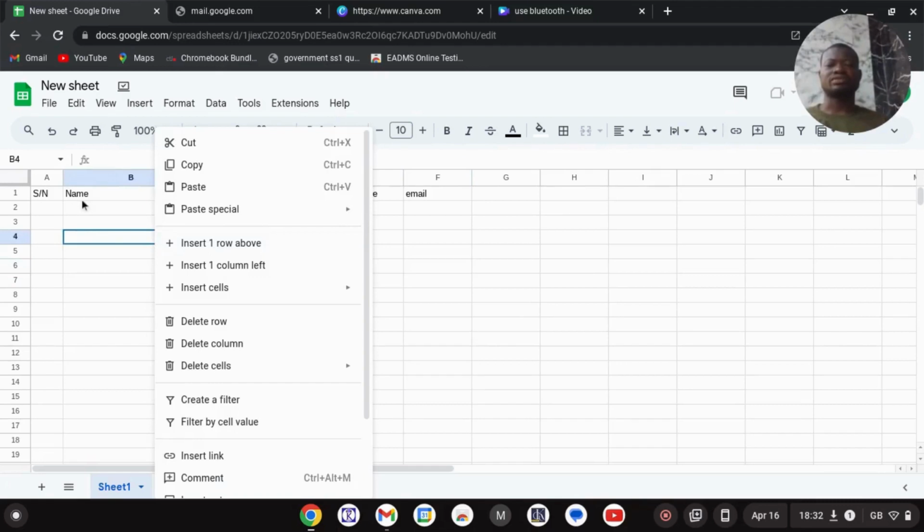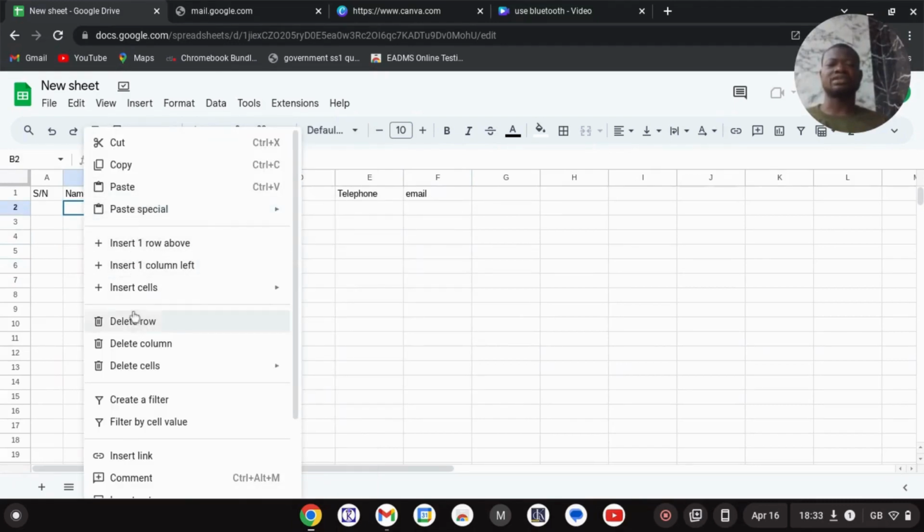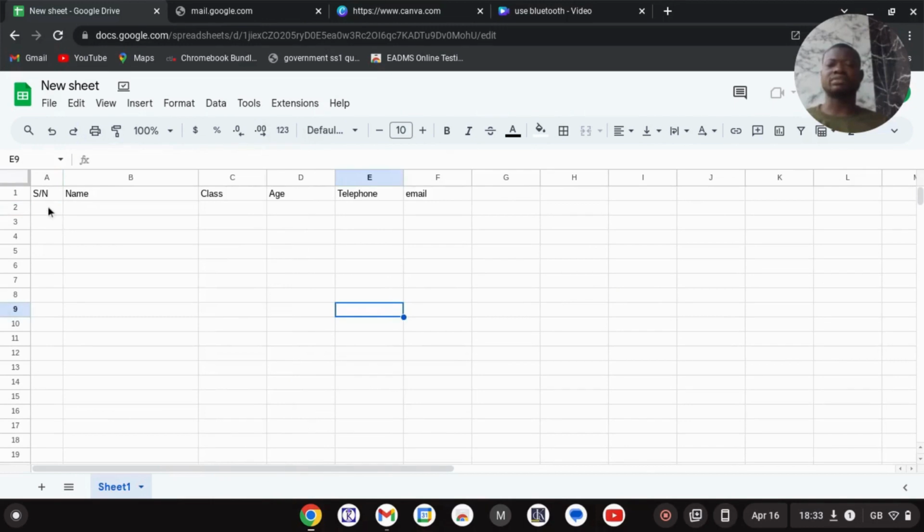So now, if probably I want to insert, I want to paste, you can see I want to delete, I want to insert a cell, you can see insert a cell and right shift. So all this can be done because I have it on the right click. So let's make an example. I have one, the student's name Adebayo